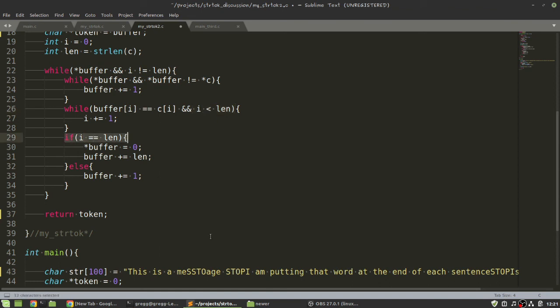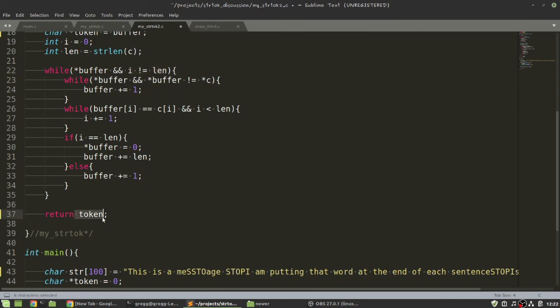Now this will succeed. So then this first S will be set to 0. It will be a null character. And then buffer will jump to the entire length. So buffer will be set to here, pointing at this I. Right? And now that I is equal to len, this loop here will fail, and then it will return